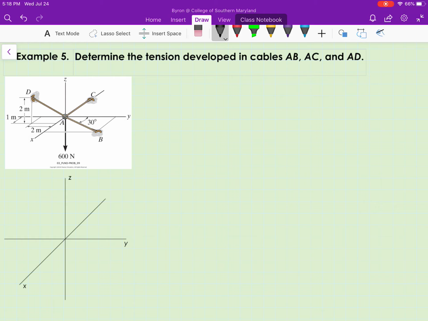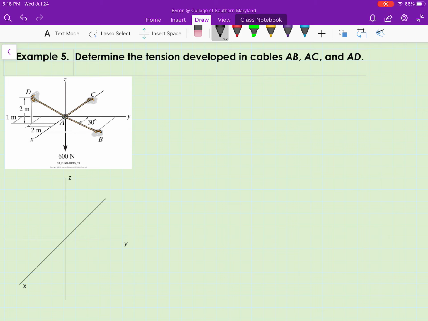So I'm going to use 4 pretty distinct steps in solving this problem. First, I'm going to draw a free body diagram of the particle at point A. Then I'm going to express each of the forces acting on the particle at A in Cartesian form. Then I'm going to sum the x components of the forces and set those x components equal to 0, and do the same thing with the y components and the z